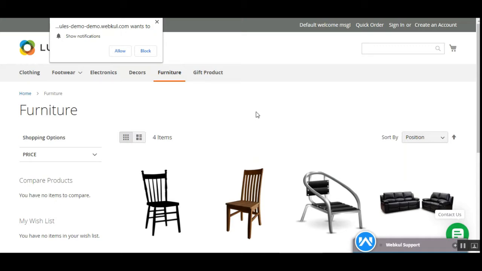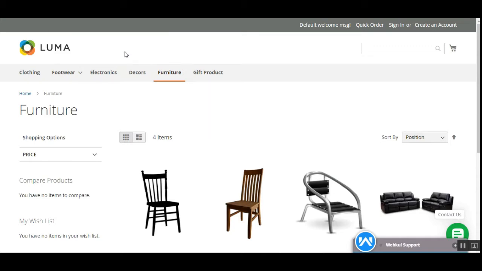So right now you can see that I'm at the storefront, and for the customer workflow, as soon as customers access your web store, they'll be able to see this pop-up at the top left-hand side that says that this particular site wants to show notifications. What the customer needs to do is allow this option first, so as to receive and see a push notification that has been sent out by the web store admin. After clicking on the allow button, the customers will receive the notifications from the website itself. So let's tap here on the allow button. We have allowed the notifications from this particular